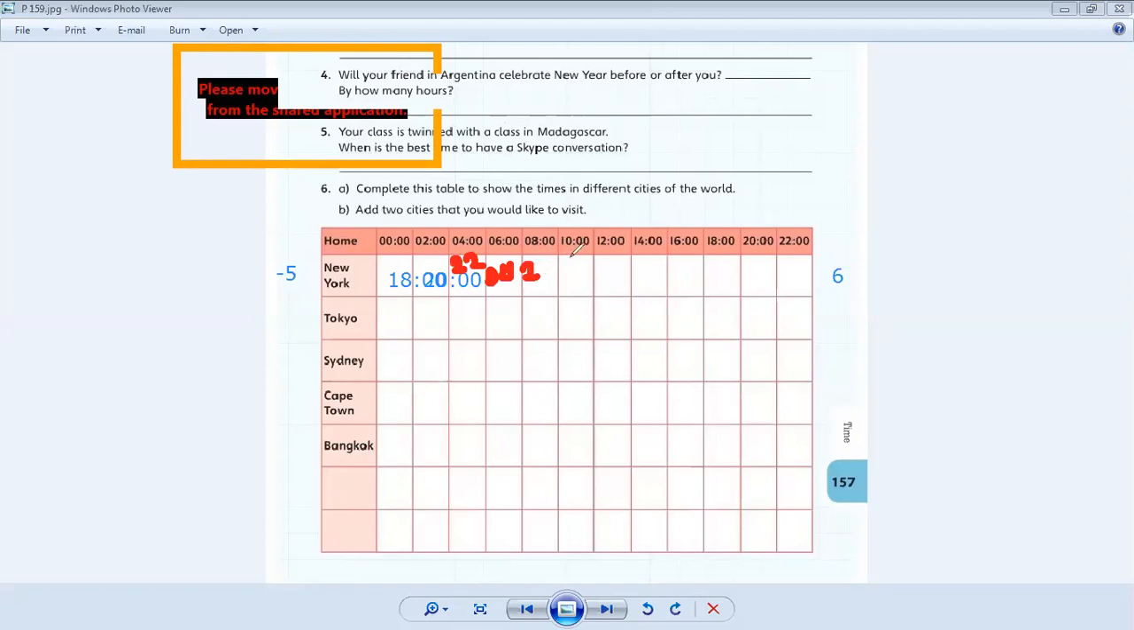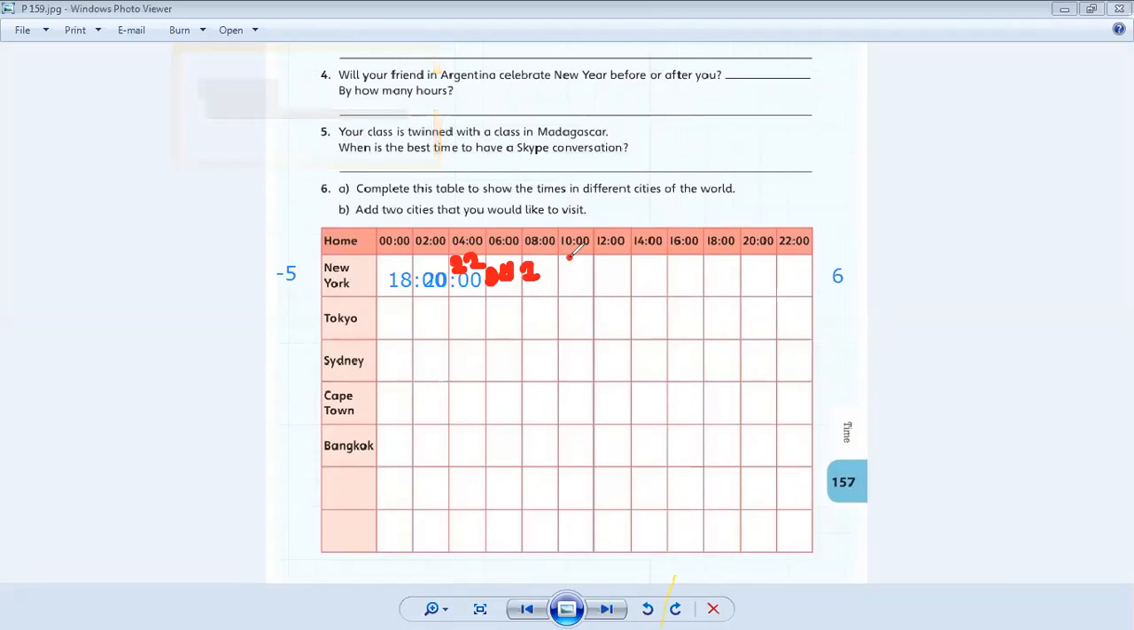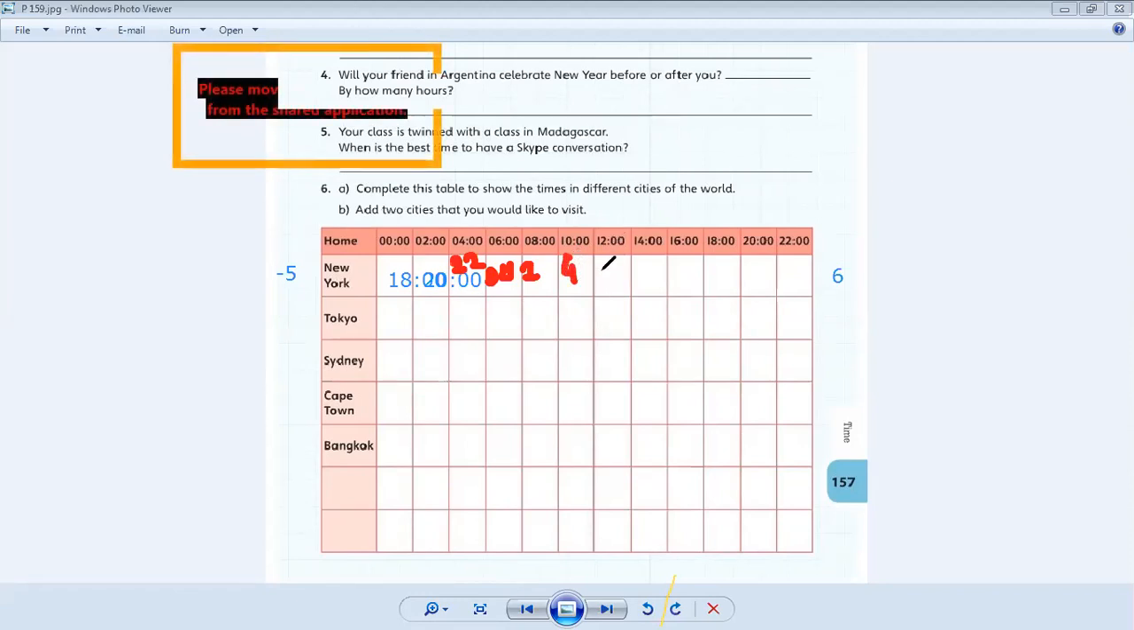If it's 10 o'clock, you need to write in your notebook, please. When we are talking, I'm writing, you need to write this one. If it's 10 o'clock, 4 hours, just 4 hours. 4 a.m. Okay, if it's 12 o'clock here at noon, midday, 6 hours,